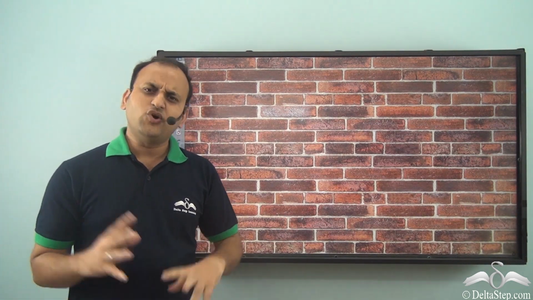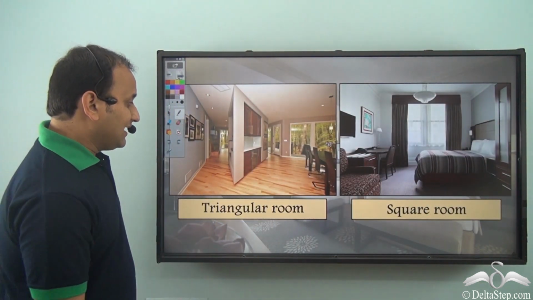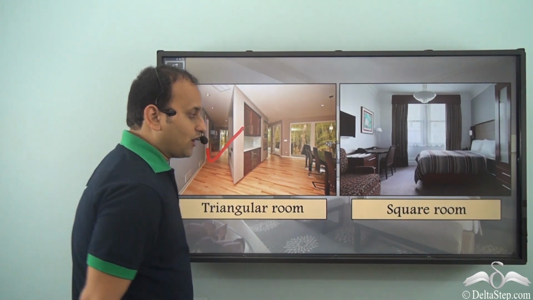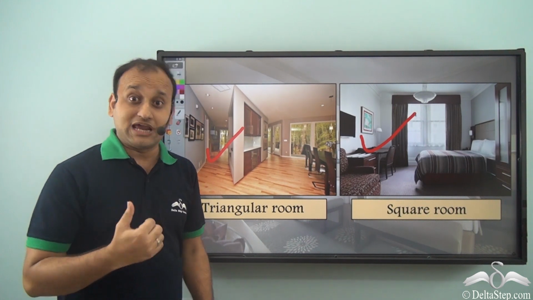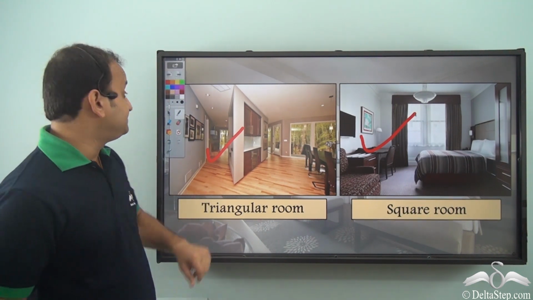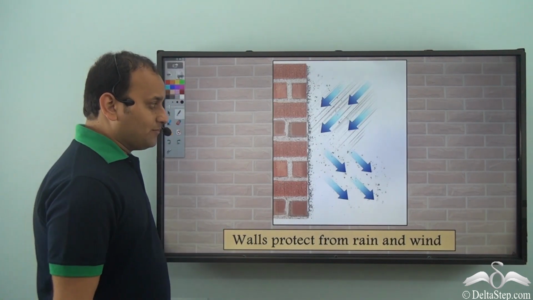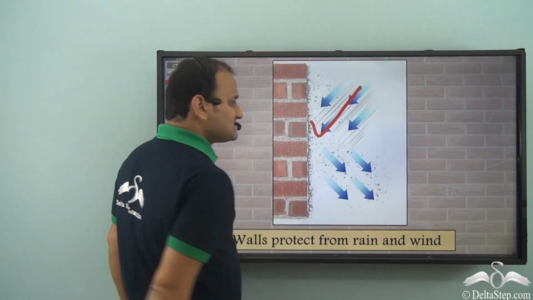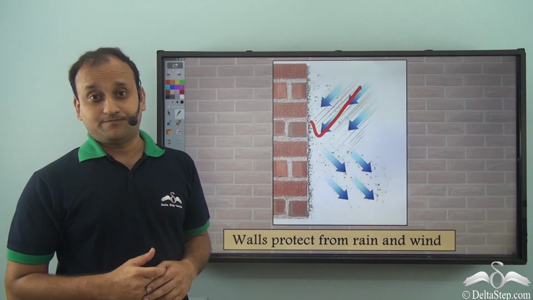Now, in a house, what you see is walls. Now, what do walls do? Well, they provide structure and protection to a house. So the walls decide whether it will be a triangular room or a square room. So arrangement of walls will decide the shape of the room. Also, the walls protect our house from external things such as rain and storm. So they also give protection to our house.